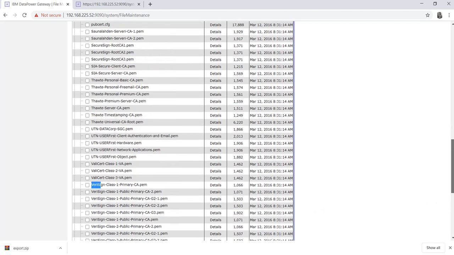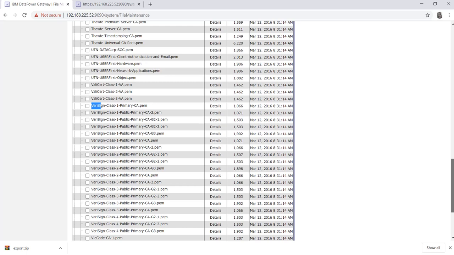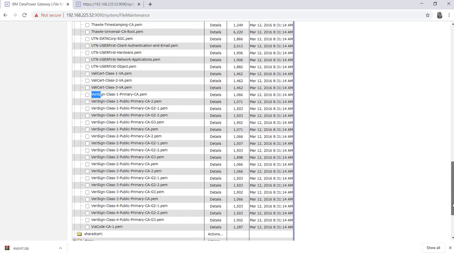These are the certificates that are by default available in our DataPower. And as per your firmware version, maybe you have DataPower 7.0 or some lower version, so maybe that firmware doesn't have all the certificates, and maybe a higher version of DataPower may contain more kinds of certificates.